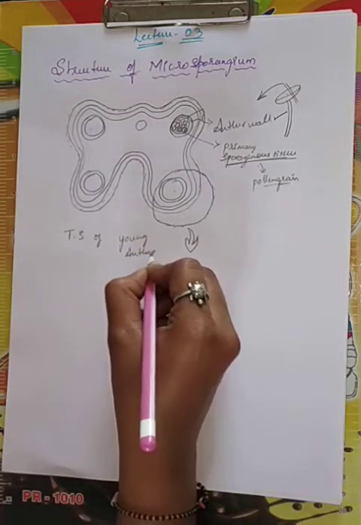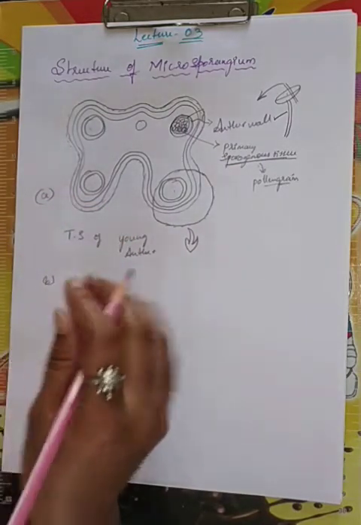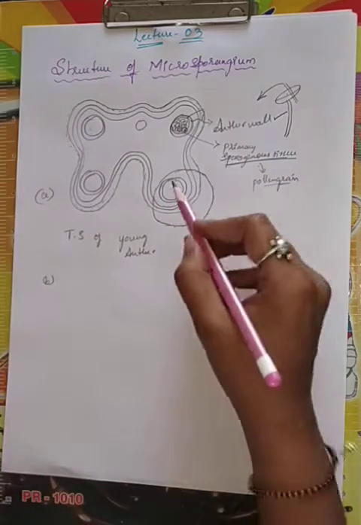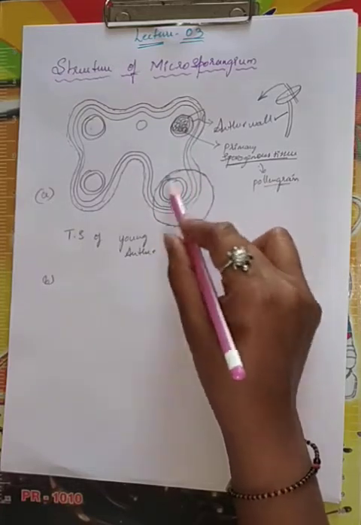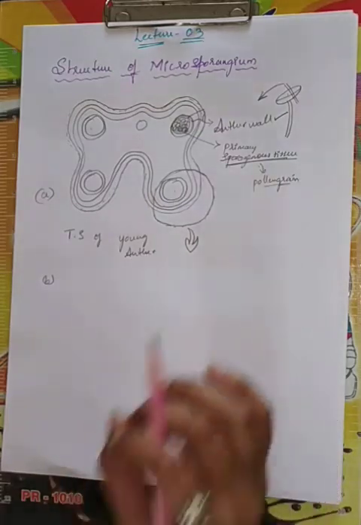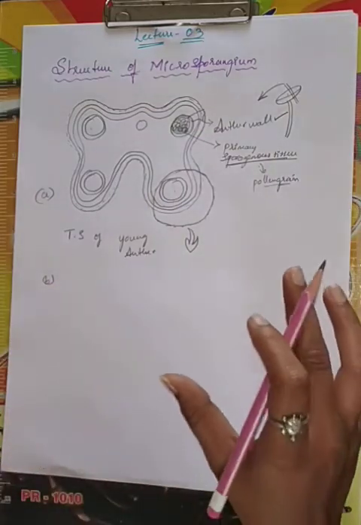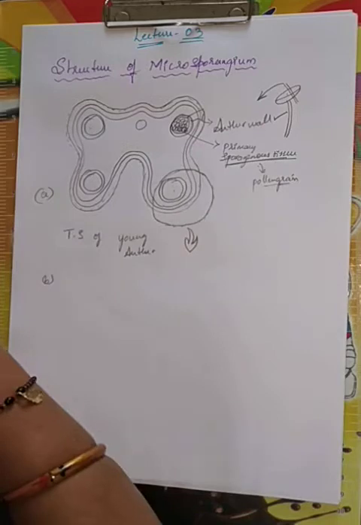Now the next one, this is A. Next, I am going to draw an enlarged view of the microsporangium. This is the microsporangium, isn't it? When I enlarge this overall portion, how it will look will be the next. That is the enlarged part of the microsporangium. There I am going to discuss the anther wall. For this purpose, I am going to use many colored pens for a clear appearance and for your clear understanding. Okay, children?